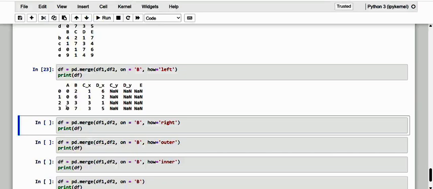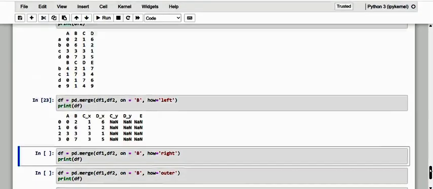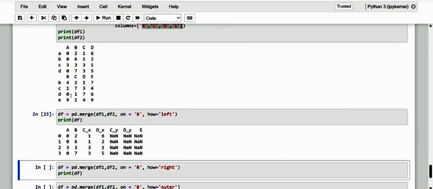Furthermore, the column A is present only in the left, that is, the left join here. Kindly observe, which we made in the above. So that remains unchanged.